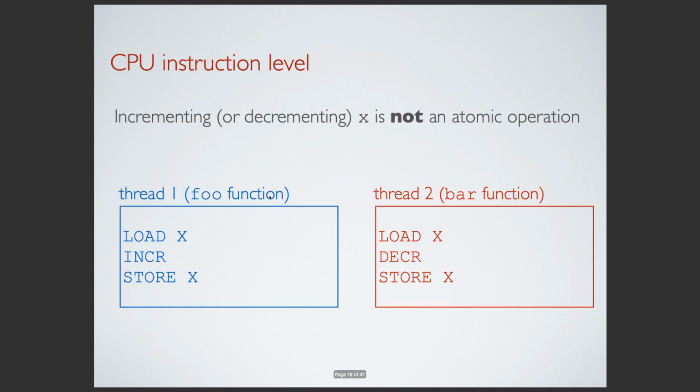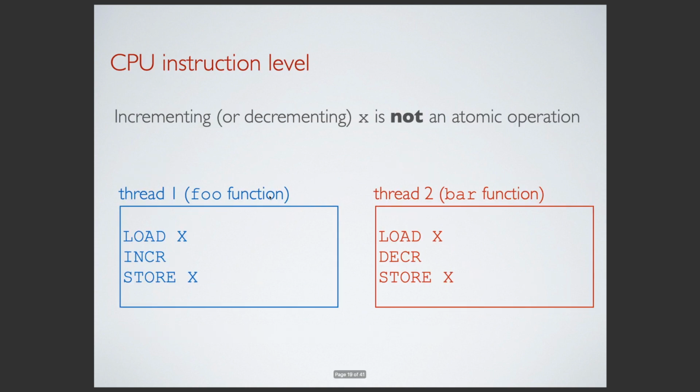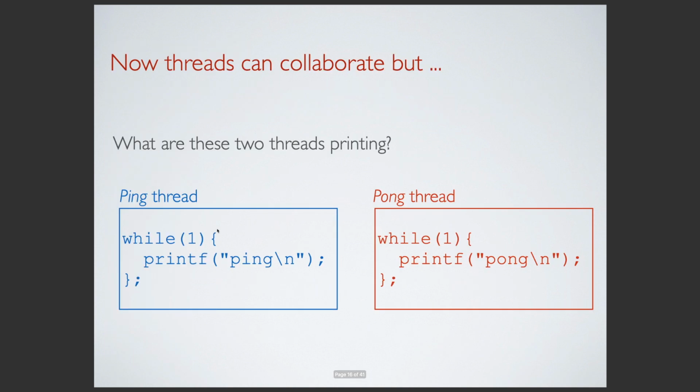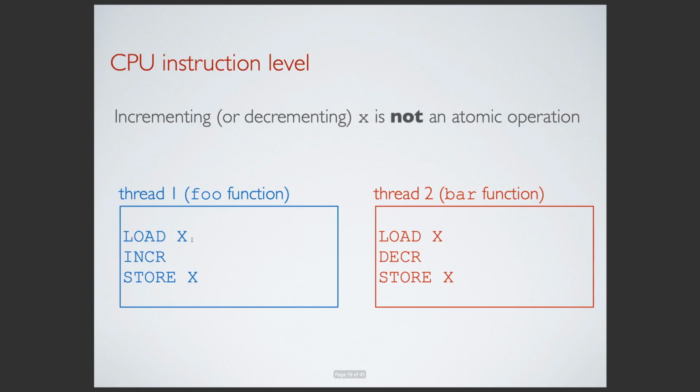Why is it wrong? Well, this is C code. We have to look down at the instruction level, meaning at the CPU level, where we talk assembly code. When you compile code like this, just x++ and x--, it's going to be compiled into at least 3 instructions, even more sometimes, depending. But there's going to be 3 instructions. One is going to load the value, because this value is stored in memory, and first we have to